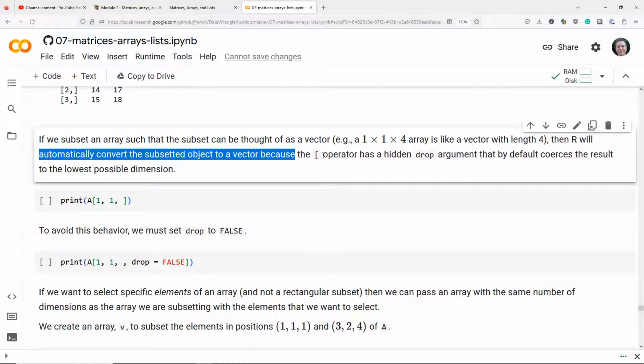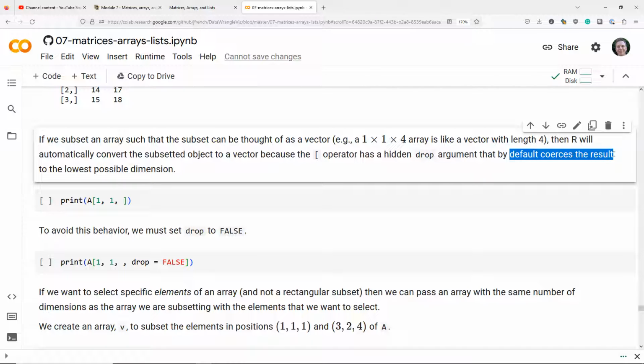And the reason is because the square bracket operator has this hidden drop argument. So it's always available to use, but its default is normally set to true. We don't even worry about it. It doesn't usually make that big of a difference. But because the hidden drop argument is set to true by default, when we try to subset something that can be converted to a vector easily, then R is going to, by default, coerce the result into the lowest possible